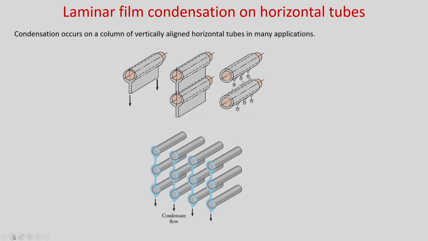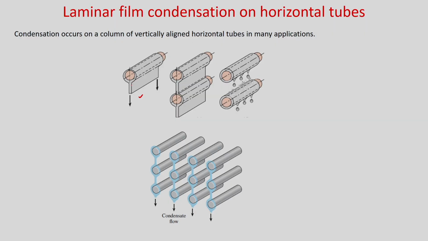Now, this average Nusselt number we have calculated for a single tube, but in industry you will get different columns of tubes. Okay. So, in the power plant these are used. If you see, for this single tube we have already considered the film falling vertically downward. If you have two horizontal tubes just one above the other, then the film coming out from the first tube will go to the second tube and just fall.